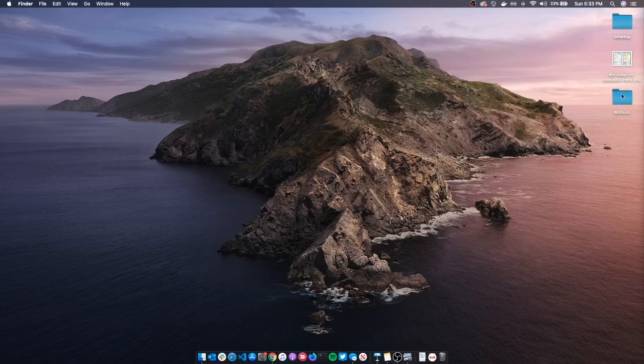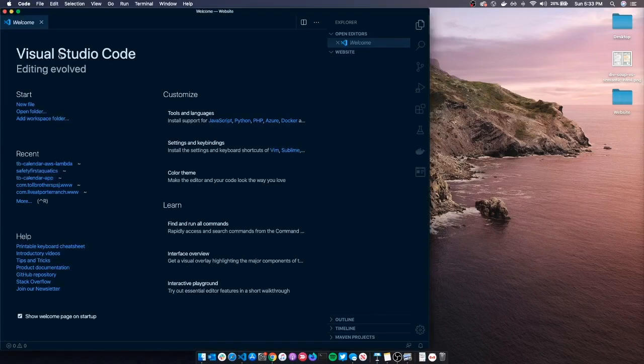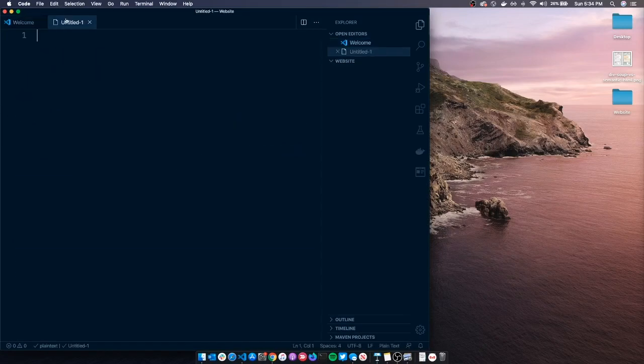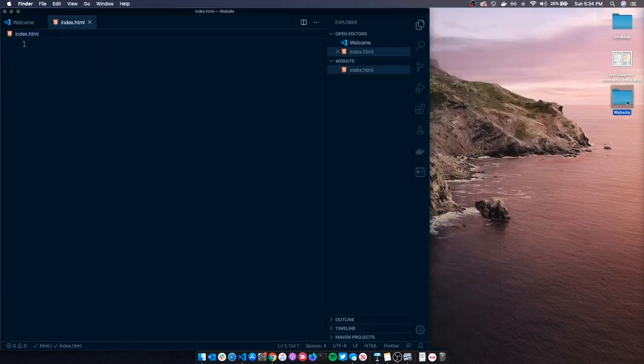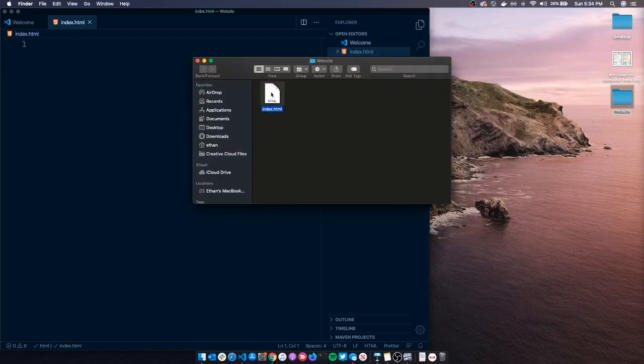We're going to open up our VS Code app. Then we're going to create a new file, then save index.html file. And we're going to save that to our website folder, and we should see that within there,